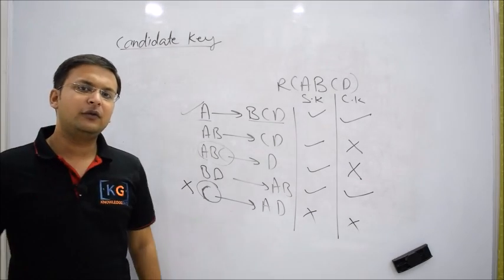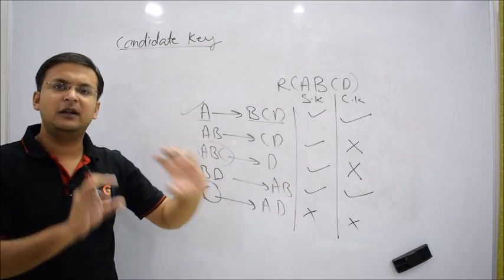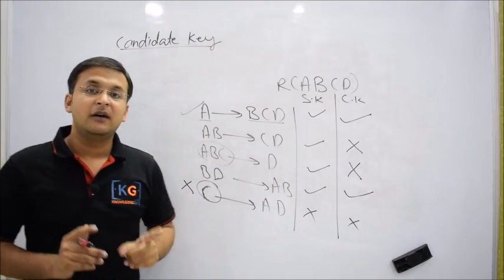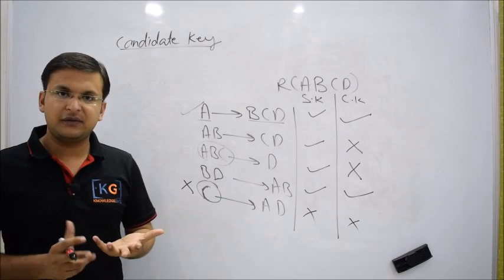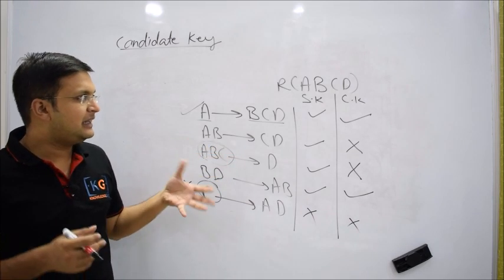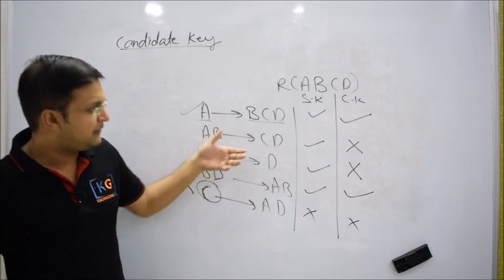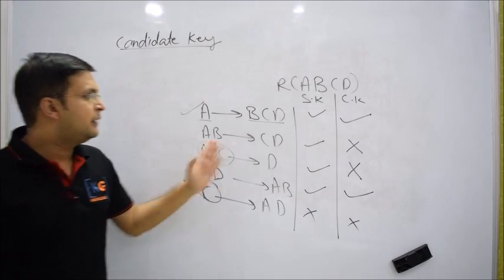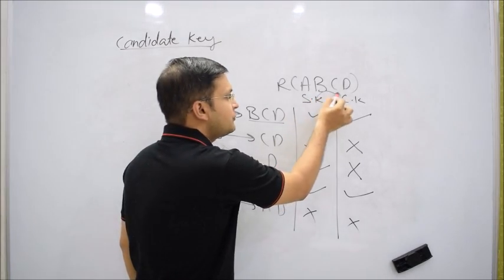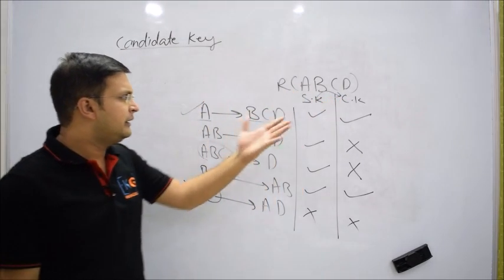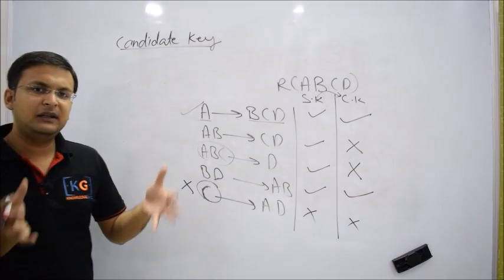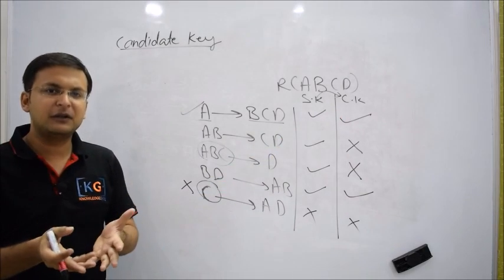And why are you doing so? Because you want to identify a table. You see, that is also important. First you must understand why we are discussing a topic. So key will help you to identify any particular row. Okay, but why do you switch from super key to candidate key? Because candidate keys are comparatively smaller, or they are minimal super keys.